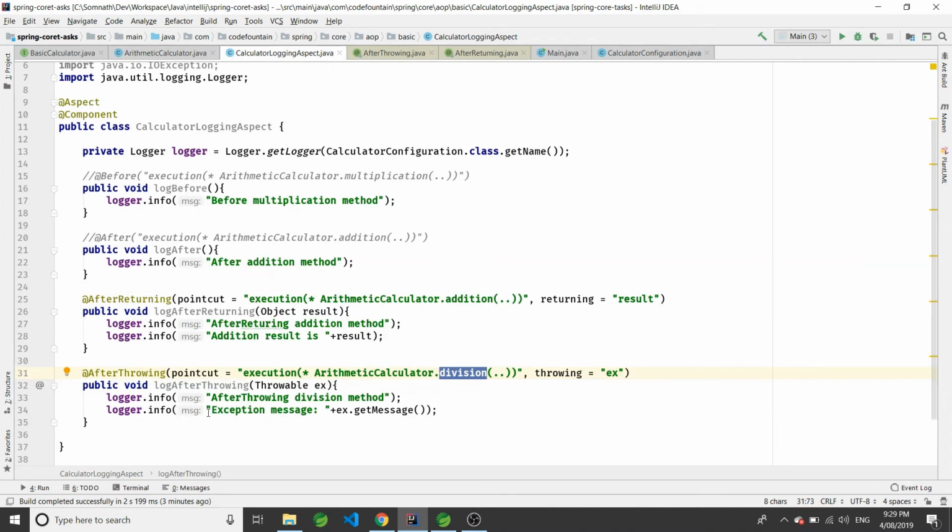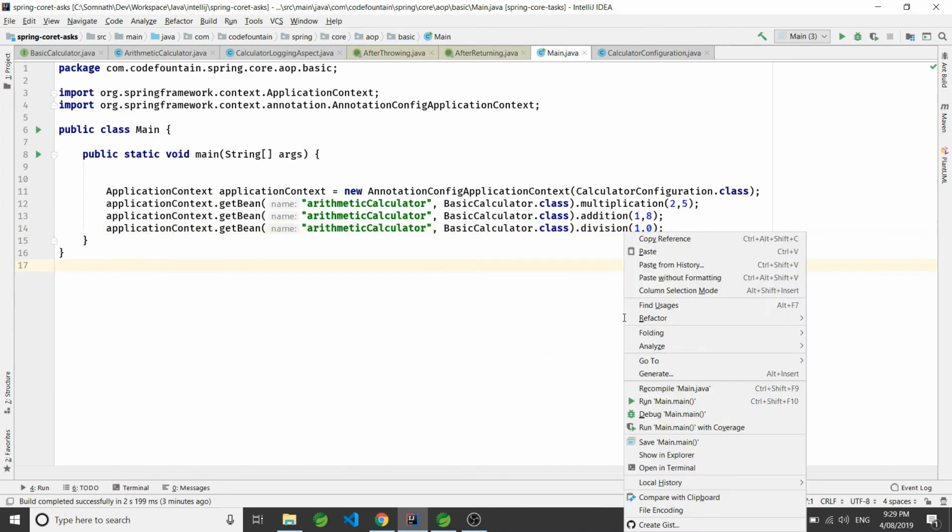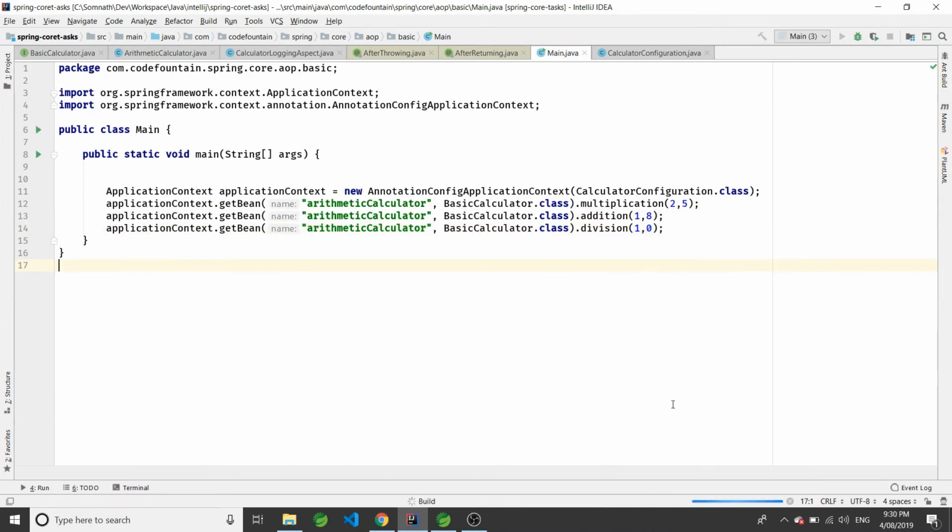So we will definitely be expecting one exception, the exception which we are throwing from our arithmetic calculator class: divisor can't be 0. But we have the option to analyze what exception it is, because we have access to the entire exception object. So you can inspect it, we can get different messages or the cause from the caller, the method where we are actually calling from here. So let's run the main method.